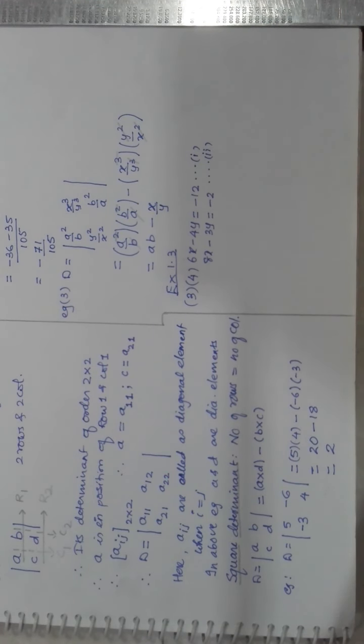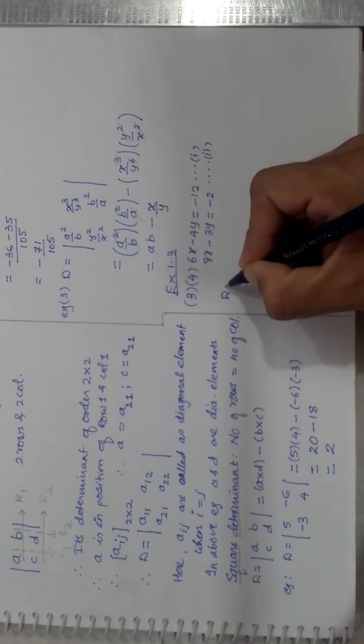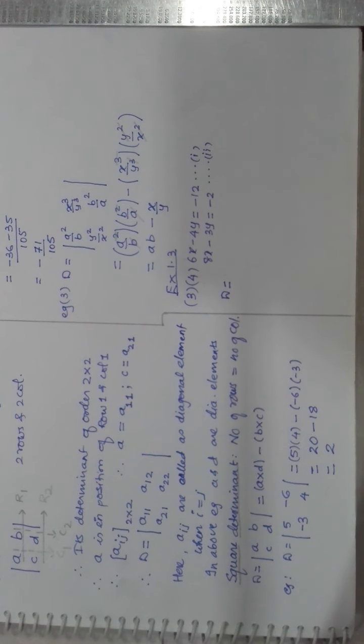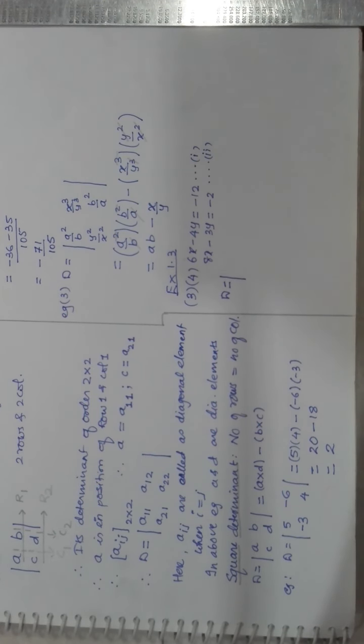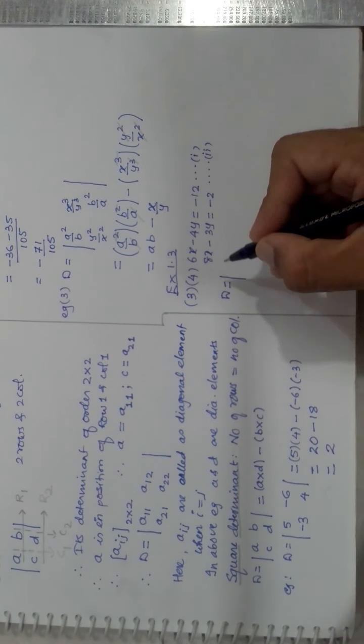So the very first thing is, you will take the value of the determinant in which you take the coefficients of the variables. Let us call it D. That is D, in which I will be taking the coefficients of the variables. That is, I write a determinant, then the coefficient of x in equation number 1, that is 6, I write upside.